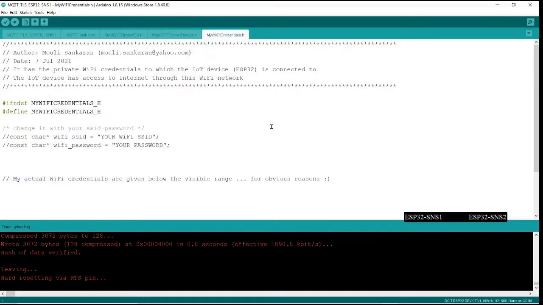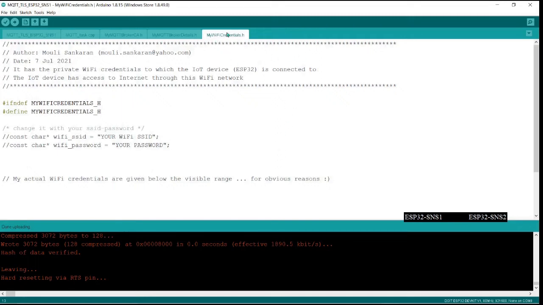Now we need to talk to the Wi-Fi. So we need Wi-Fi credentials, and my own Wi-Fi credentials are down here. For obvious reasons I don't want to share that here. So these two are commented off just to tell you that this is what you need to do. Make sure that you edit it properly, and when I'm sharing the code, I will leave these with empty values so that you can fill them up with the actual values. Okay, this code will be shared with you.